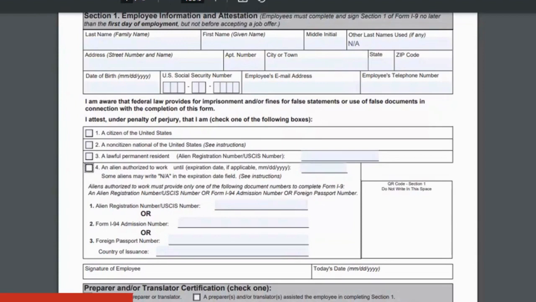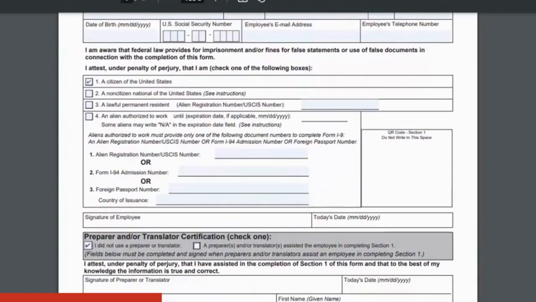Essentially, the person completing Section 1 would be filling in only one of these 4 sections. If the person is a citizen of the United States and none of the other 3 are applicable, then you need to enter NA here, and then NA for the other blue sections. Nothing needs to go over here in this section. It says do not write in this space.